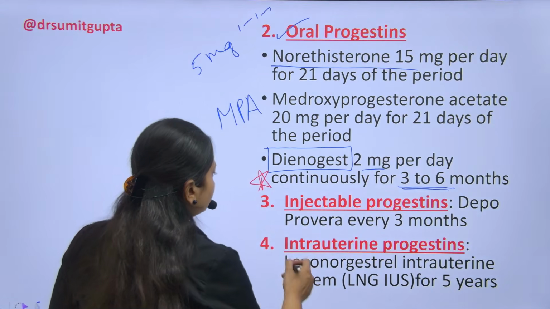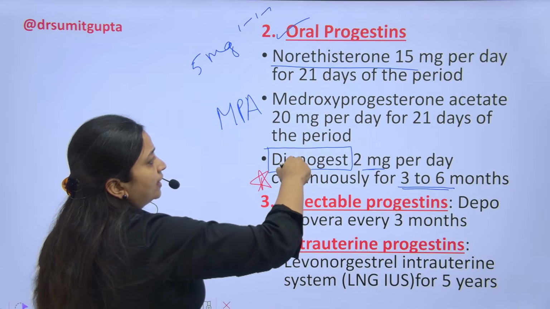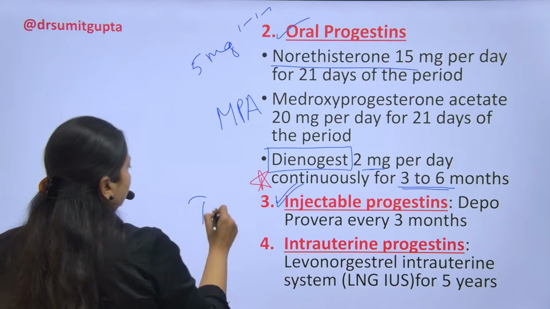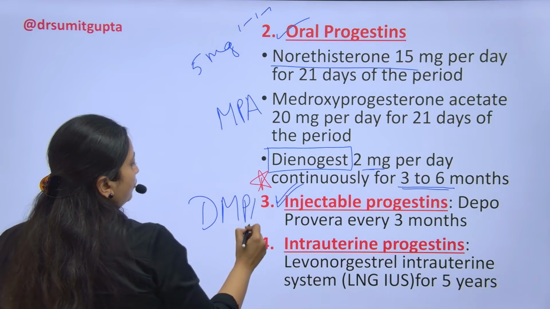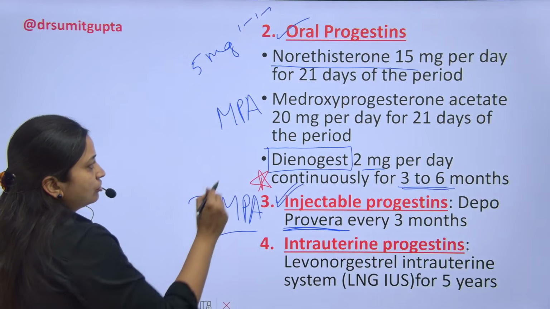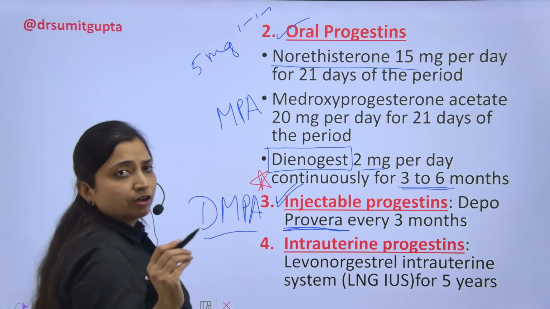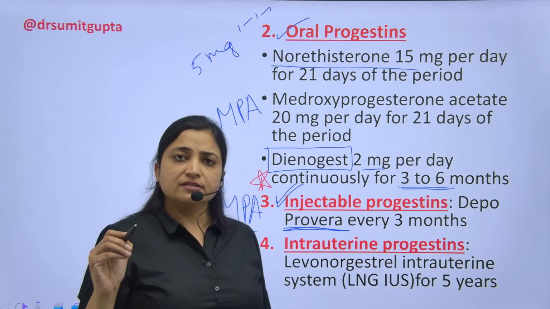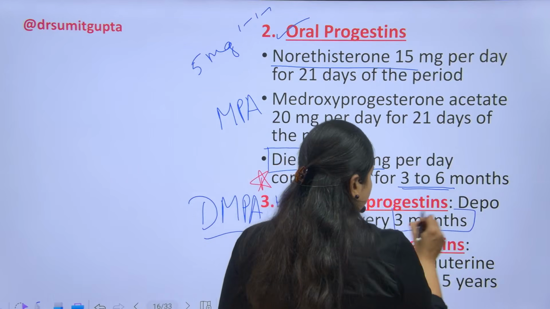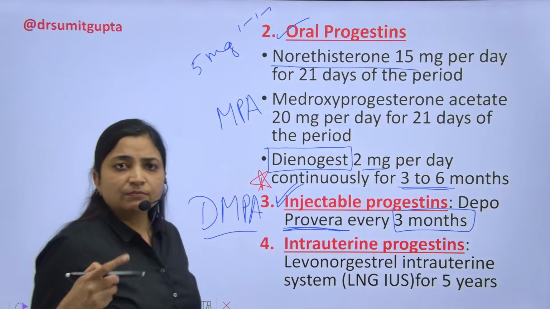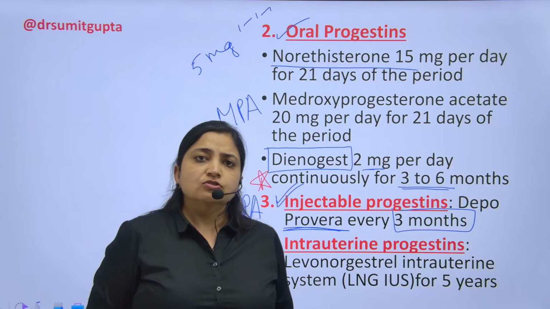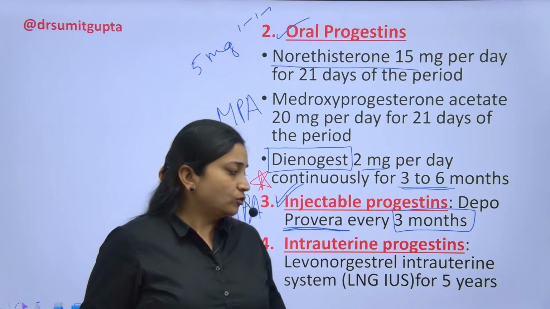If the patient is not ready to take daily medications, you can go for an injectable, that is DMPA, popularly known as Depo-Provera. Depot preparations of Medroxyprogesterone Acetate. A 150 mg injection is available. It is a depot form given deep intramuscular every 3 months. And you can repeat it at every 3 monthly intervals. And in most of the cases it causes complete amenorrhea. So it gives a very good result in case of AUB.